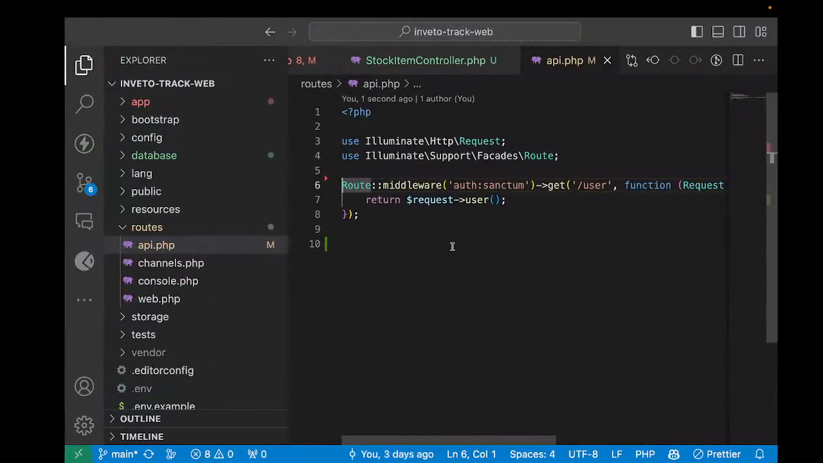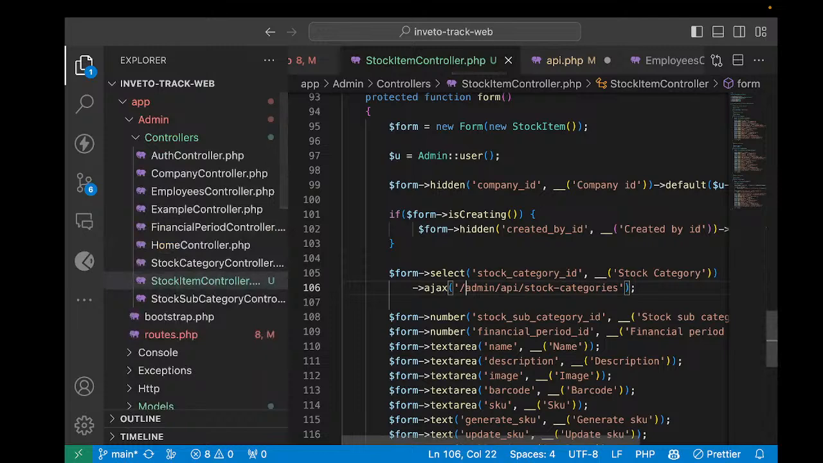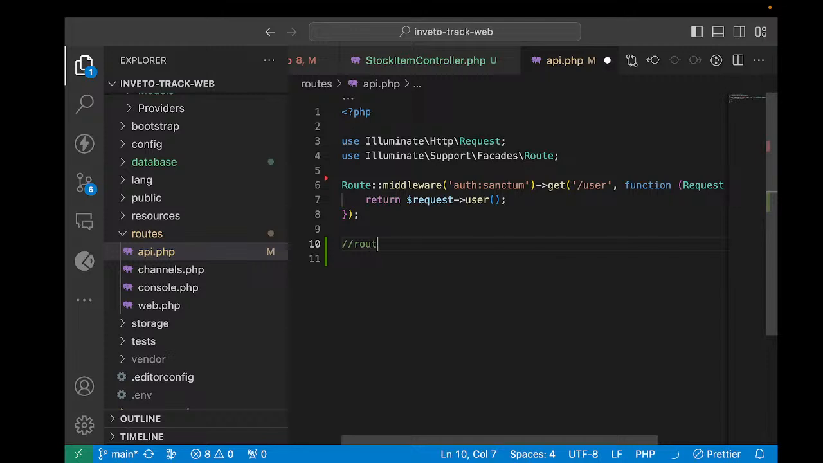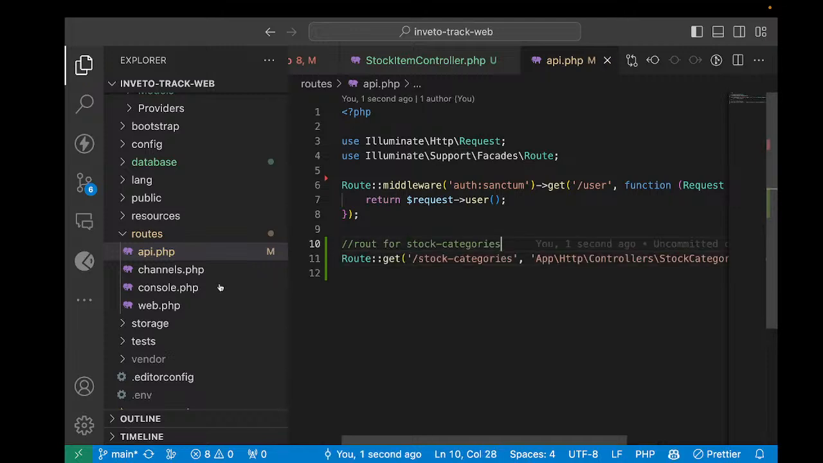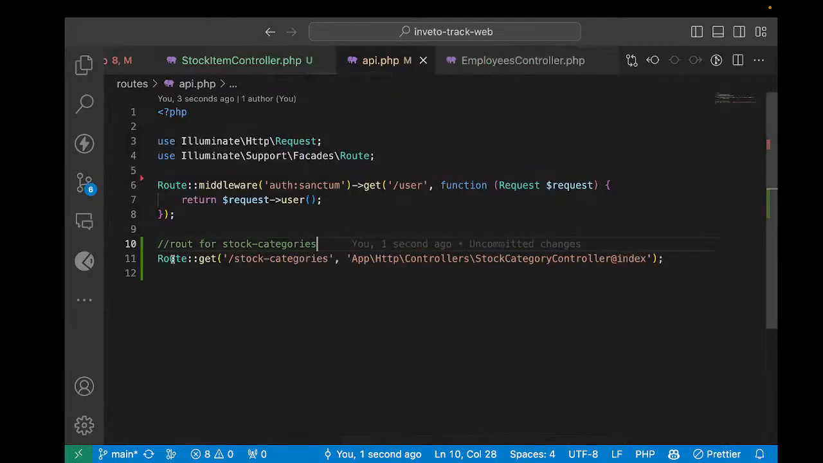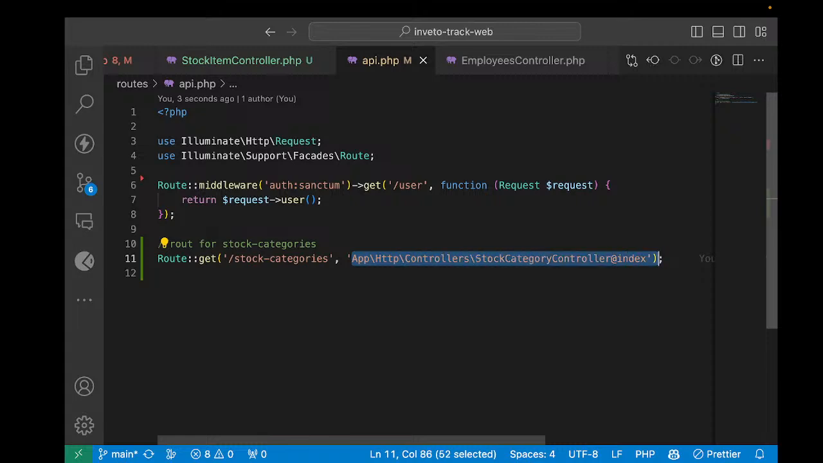Alright, so I'm going to create a route for store categories. Again, just simply say route and then say get, and then you put the name of the route here. Inside here, we're going to put a function that is going to be fetching the store categories and